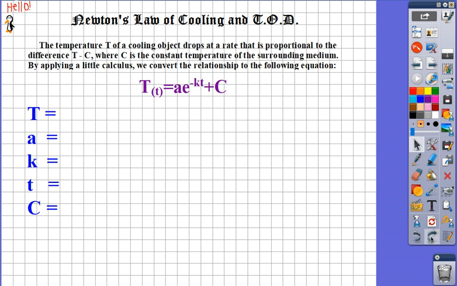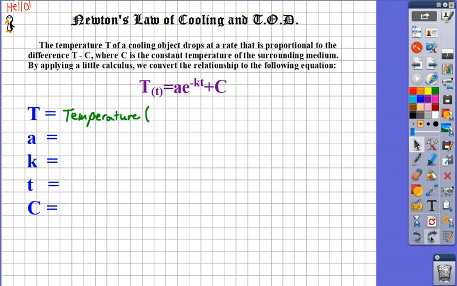Well, what they're doing is they're using Newton's law of cooling, according to which the temperature capital T of a cooling object drops at a rate that is proportional to the difference T minus C, where C is the constant temperature of the surrounding medium. By applying a little calculus, we can convert the relationship to the following equation: T of t equals A times e to the negative kt power plus C, where capital T equals